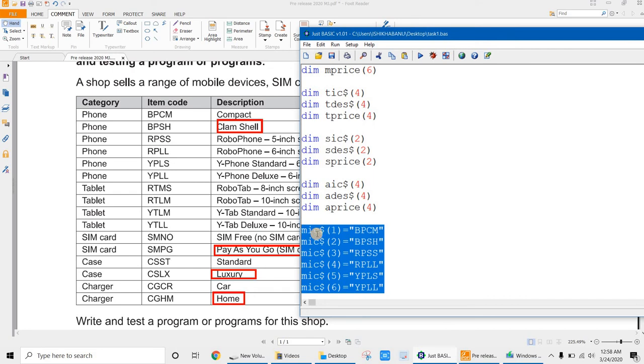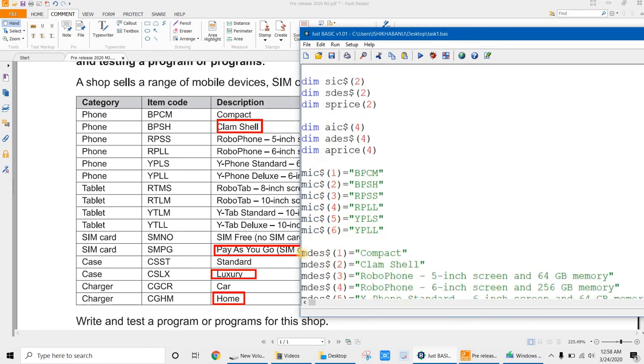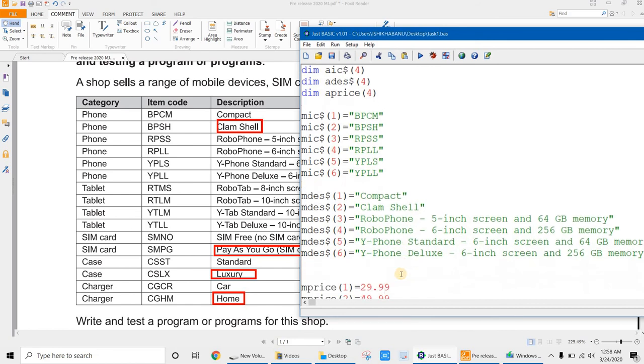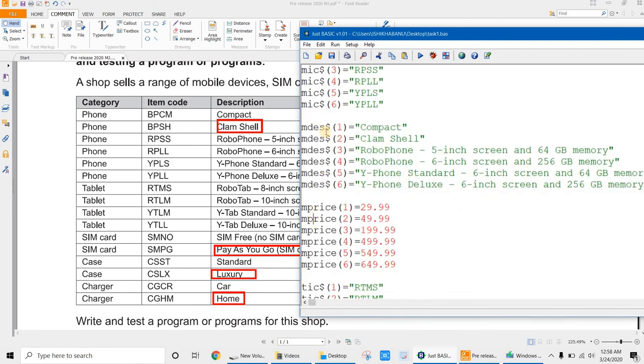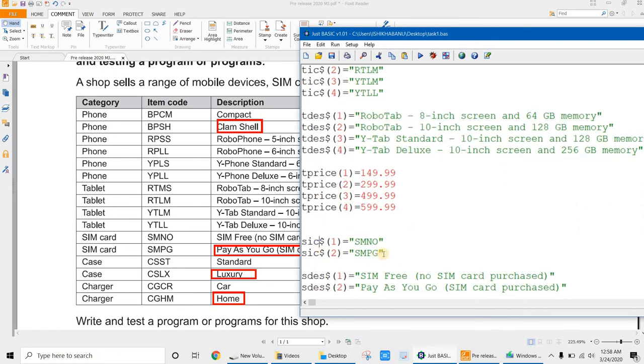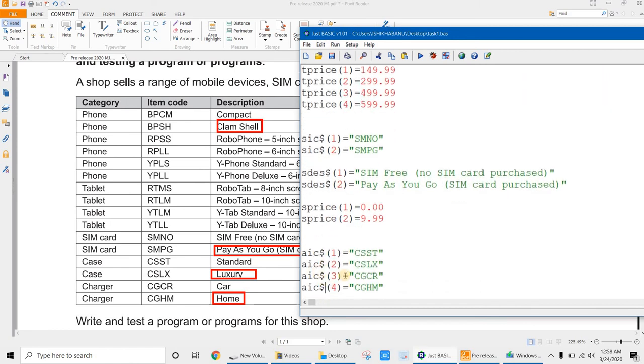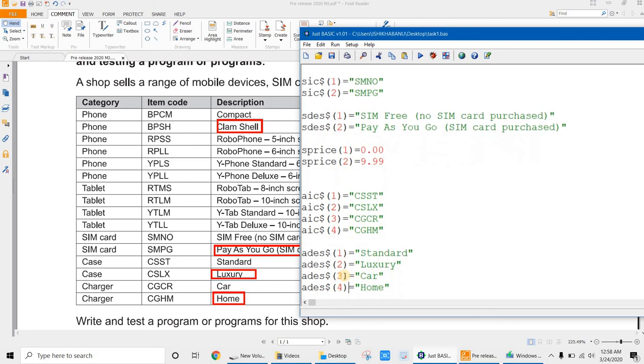So my mobile item code of 1, in the first location, is BPCM. Obviously the description is going to be here. The mobile description in the first location is compact, in the second location clamshell. So we are storing all the data here. Then mobile price, and so on. Then tablet item code, tablet description, tablet price. SIM card item code, SIM card description, SIM card price. Accessories item code, accessories description,